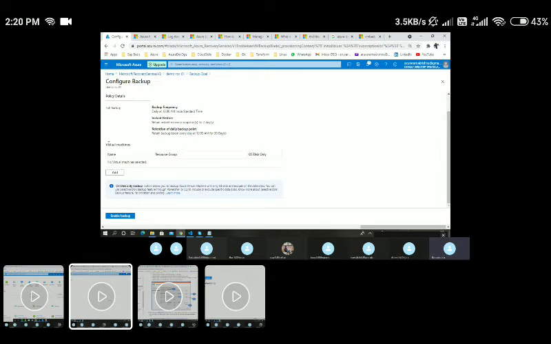Here I need to choose the virtual machines now. When you click on add virtual machines, it will show only the VMs which are hosted within the West US region. At this moment I have two VMs hosted in West US. If you have like 100 VMs, you can choose them at once. Let me choose these two VMs for now, and click on OK.